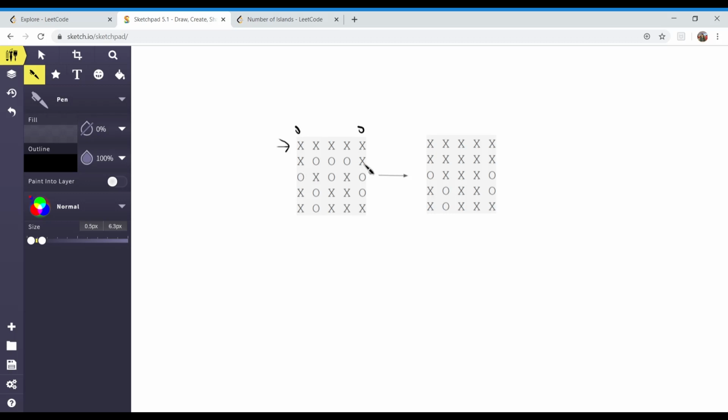These are also X, so keep as is. This one is O, so we are going to change its value to some special character, say plus. This is X, this is O, again change it to some special character. So basically, when we are changing the value to a special character, we are also going to check its surrounding values. All its surrounding values are X, so we are going to do nothing. This one is X, this one is X, keep as is.